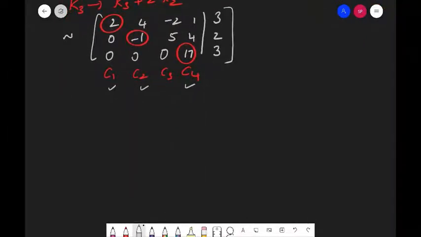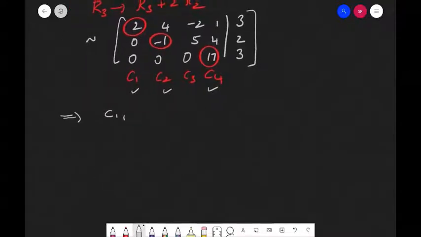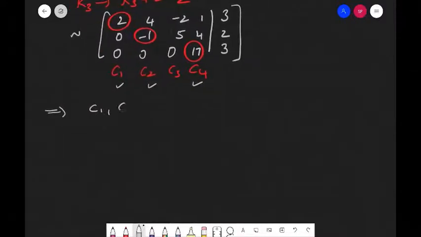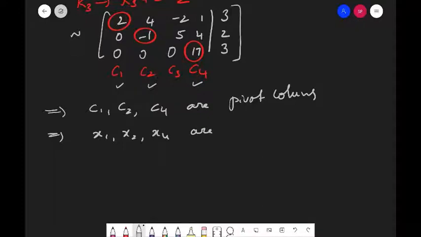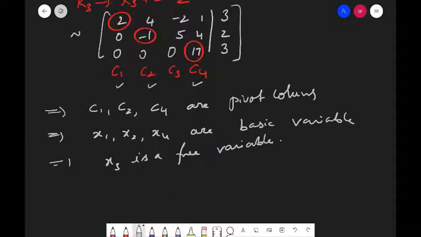So I can say here that C1, C2, C4 are pivot columns. That implies x1, x2, x4 are basic variables, and that implies x3 is a free variable. That implies it has infinite solutions,